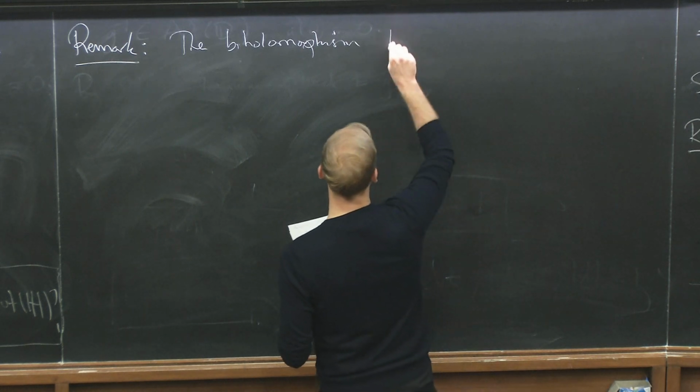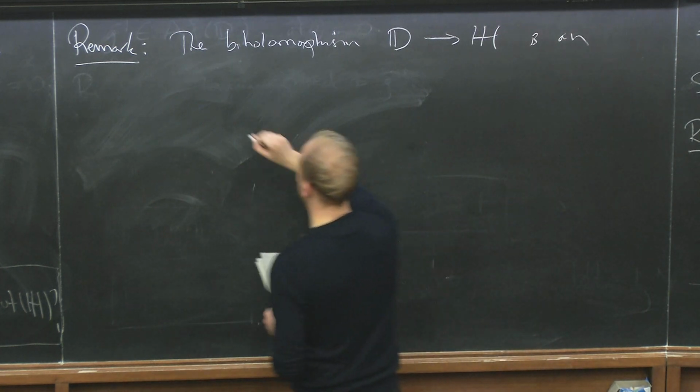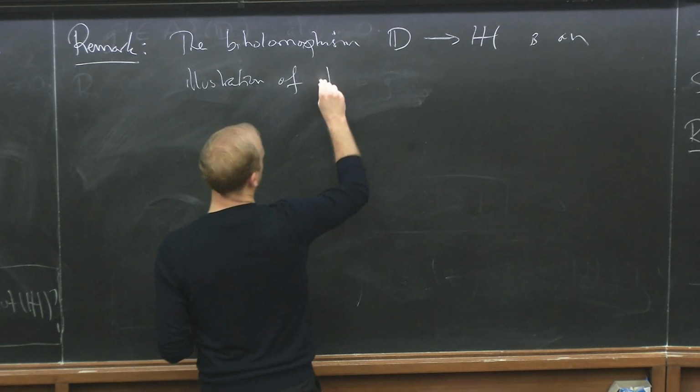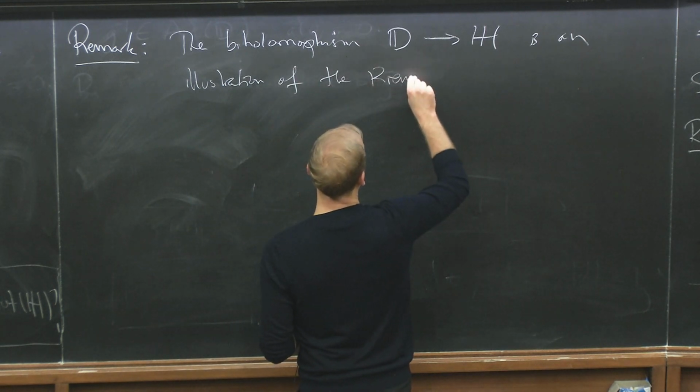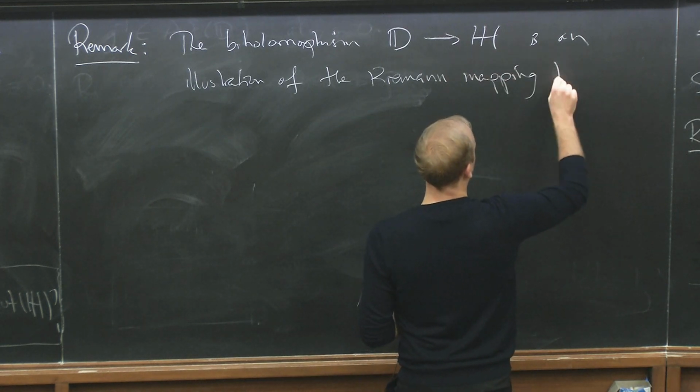So the biholomorphism from D to H is an illustration of the so-called Riemann mapping theorem,